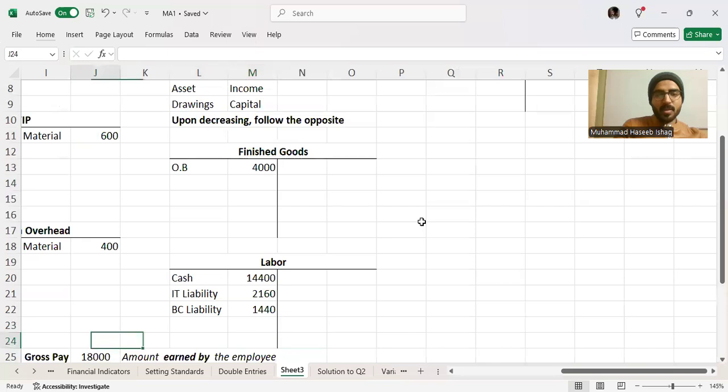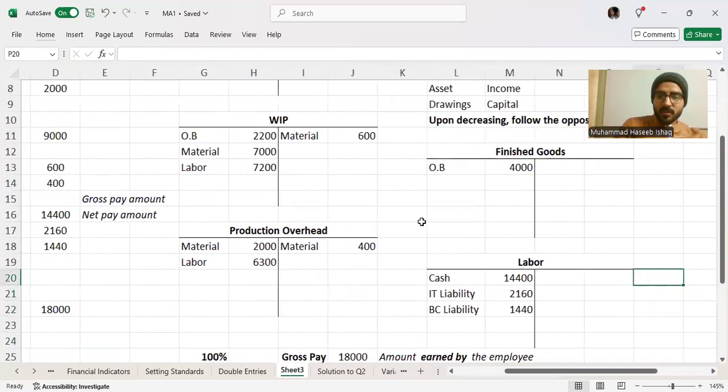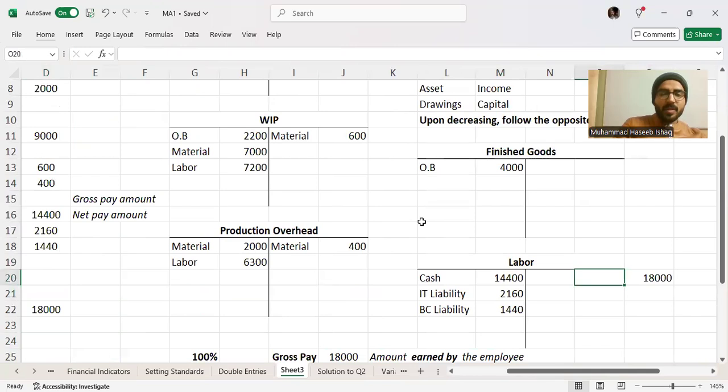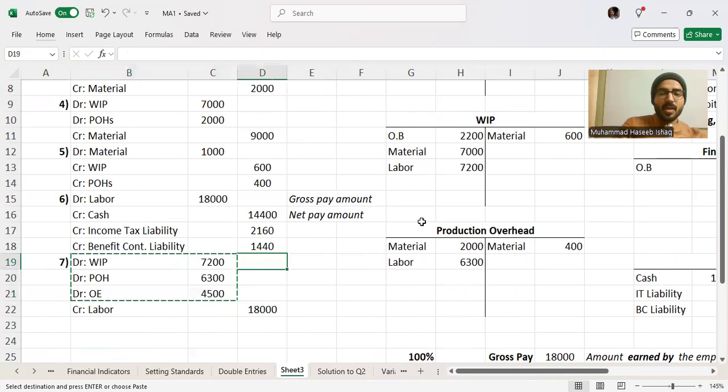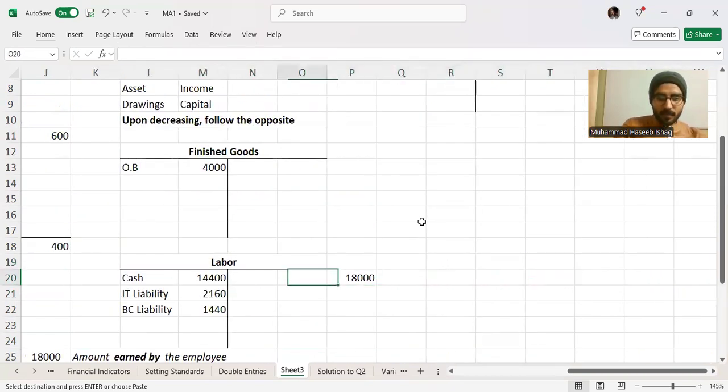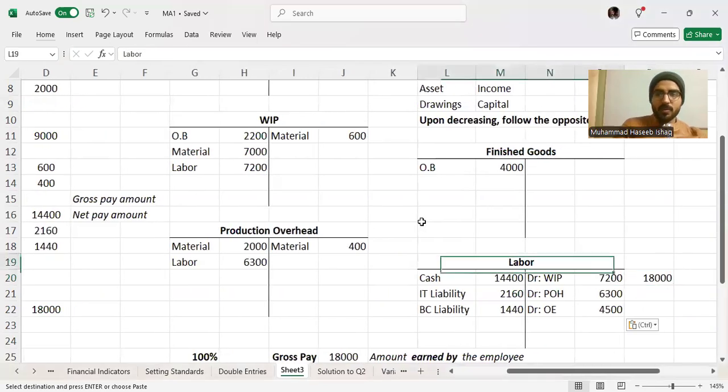So now what are you going to do with the labor account? We have to use the credit side because it is being credited. So we credit it by 18,000, and the names we should use are the names of the debit accounts, the accounts that are being debited. So the three accounts are being debited. No problem. We can write it in three lines. I can just copy paste it here. I can use the values. Now, work in progress,